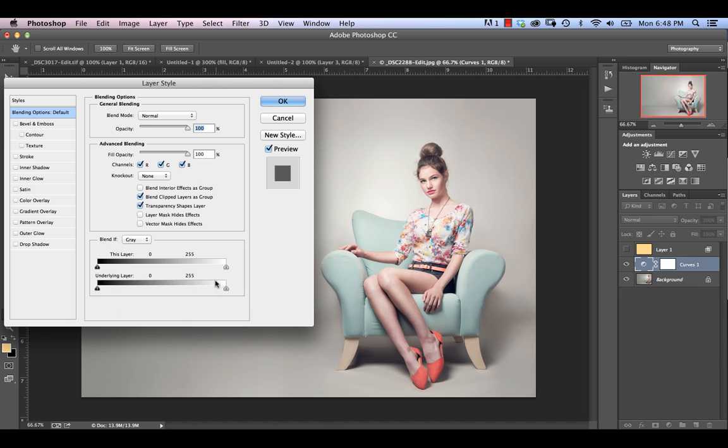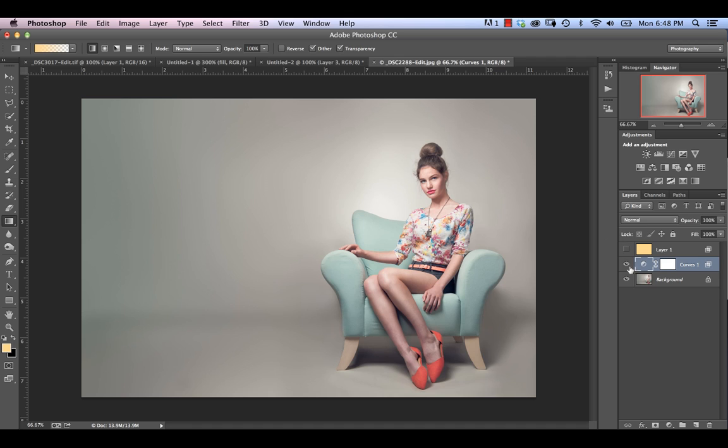We can of course do the opposite and say, okay, I only want to brighten the shadow. So I can again take this in the other direction, split it, and now we see that only our shadows are actually lighter, and again the highlights remain unchanged. So from a practical standpoint, that's where you're going to be using the blended sliders the most. Things like applying color casts and things like making adjustments selectively to either an area of shadow, midtone, or highlight